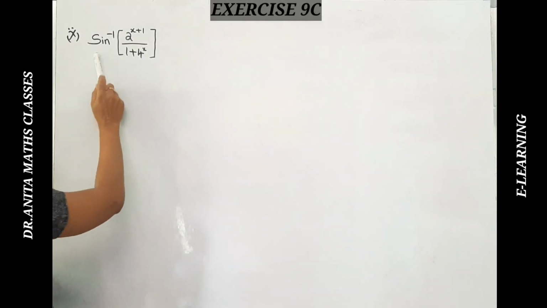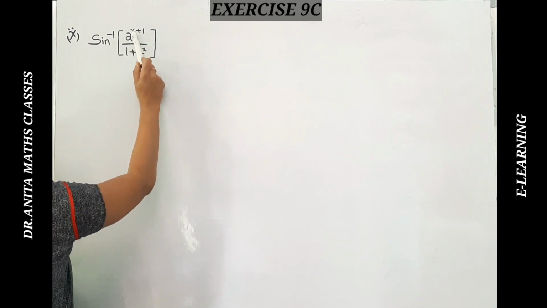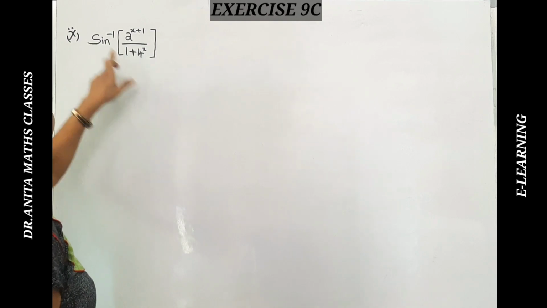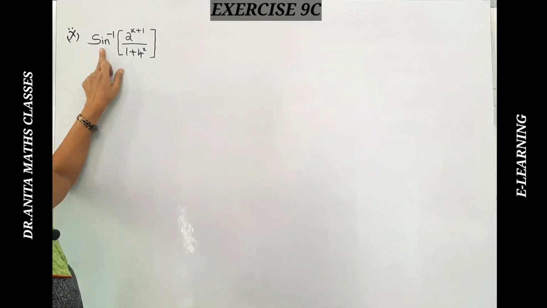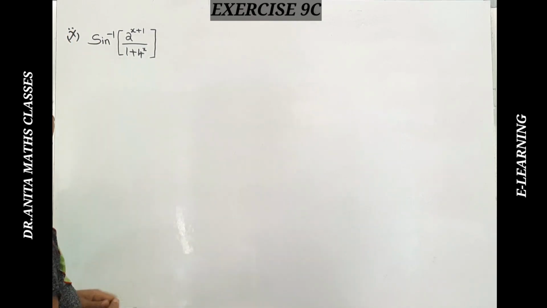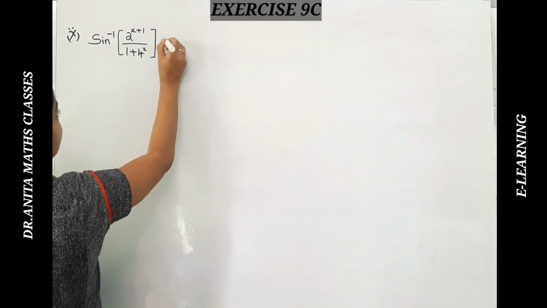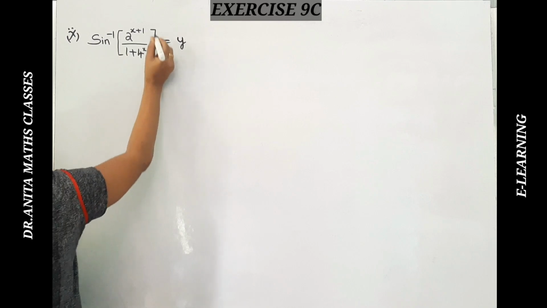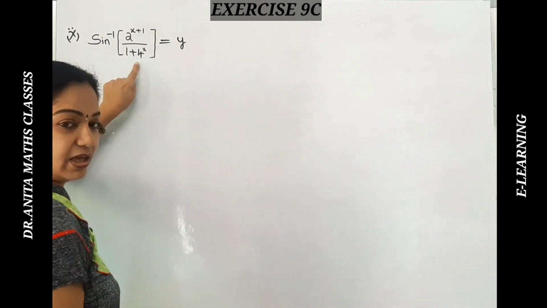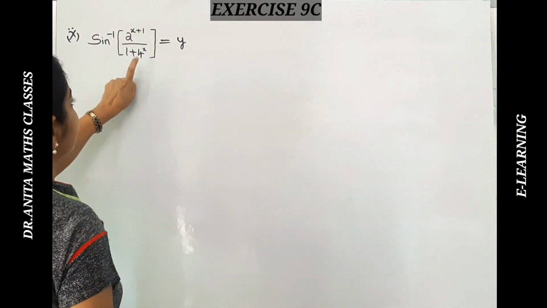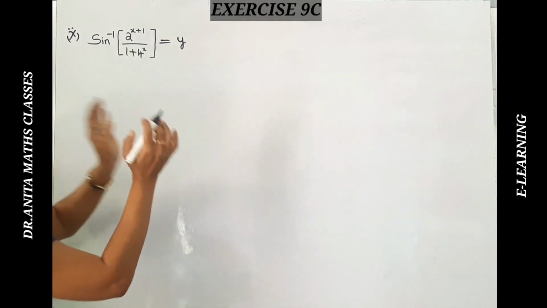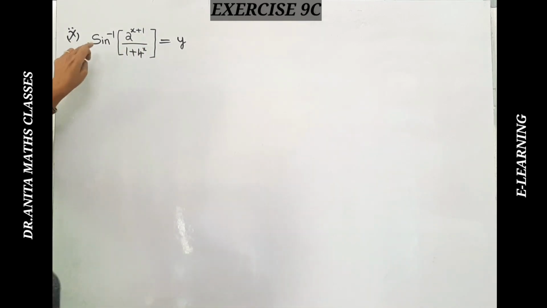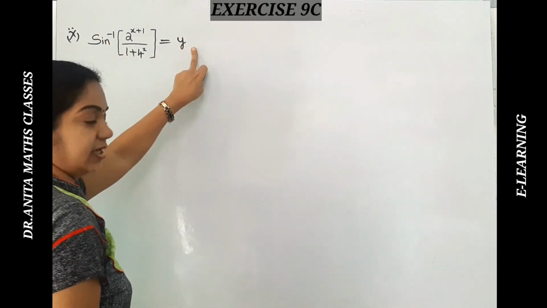Now the 10th one: sine inverse of 2 raised to the power of x plus 1 by 1 plus 4 raised to the power of x. Here we are given inverse trigonometric functions, okay? So we will take this as y, so dy by dx like that. But before that, we will simplify this into trigonometric ratios, so that it comes into some sine function and will be reduced with the sine inverse. Then we will apply the derivative.